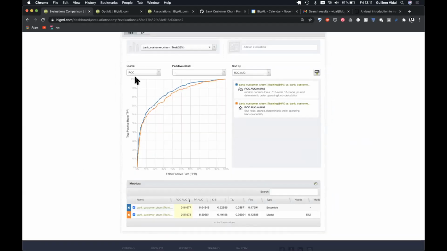So we can see here, the closer it gets to that corner, the better. To summarize, if you're not familiar with that, we can see that the blue curve is going closer to that corner. So it's better than the orange one. And the orange one, from that icon, is the decision tree, while the blue one is